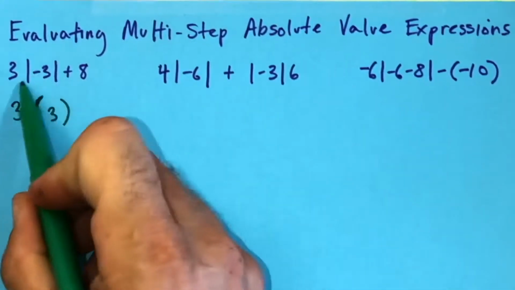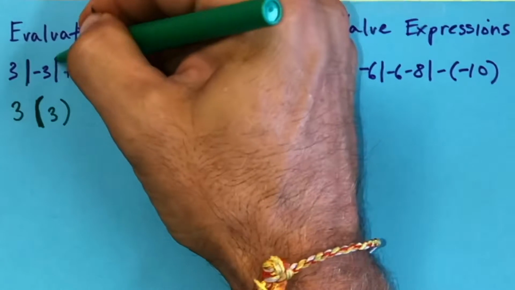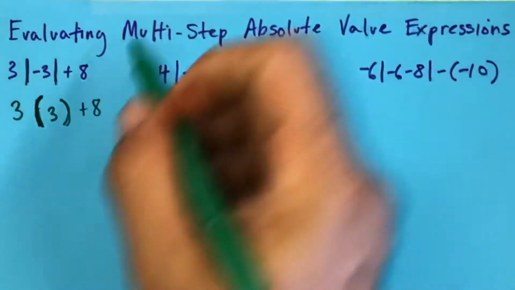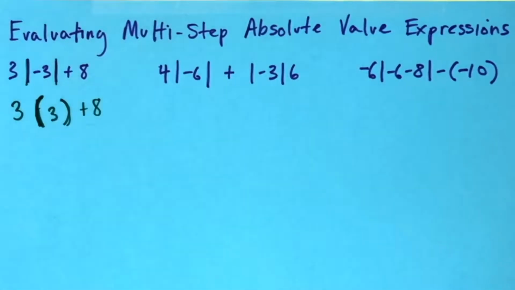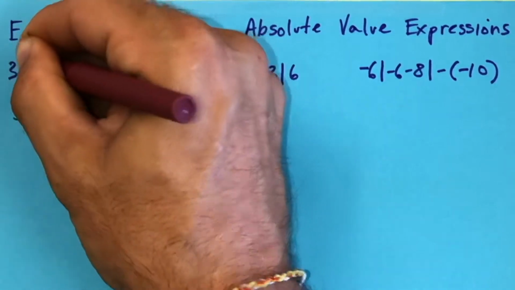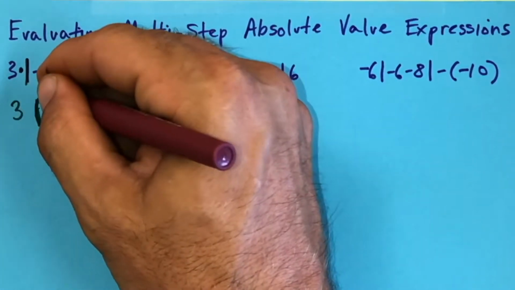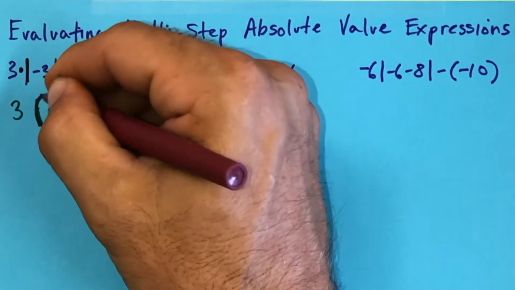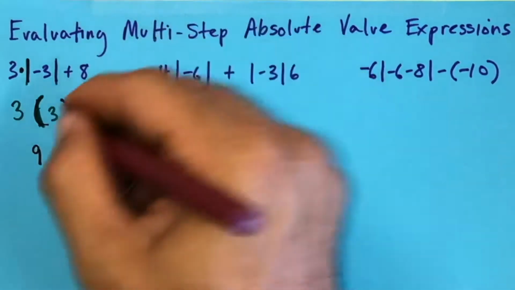So what we're going to do is take this absolute value of 3 and convert the absolute value bars into parentheses, and I'll show you why in a second. Essentially, what you want to keep track of is the fact that this 3 is next to this absolute value, which means multiplication. So in order to keep that the way it's supposed to be, I like to put this in parentheses so I know I'm going to continue by doing